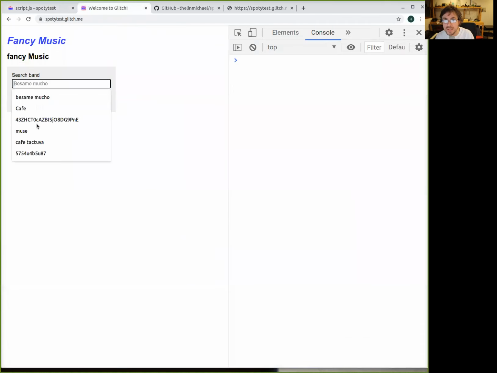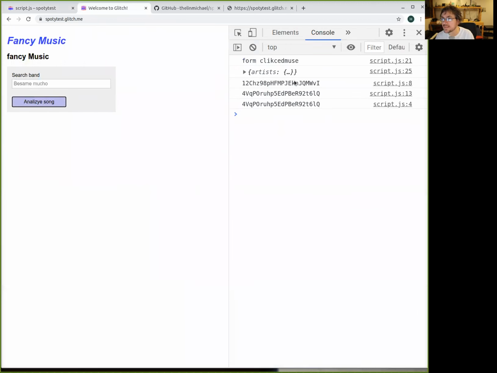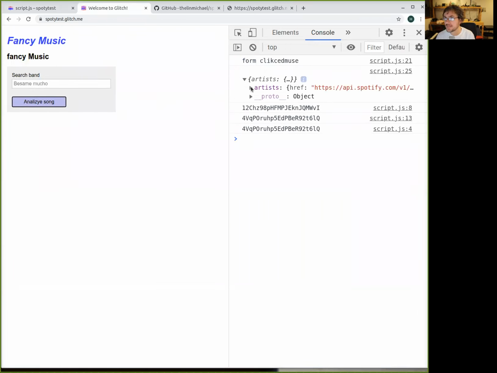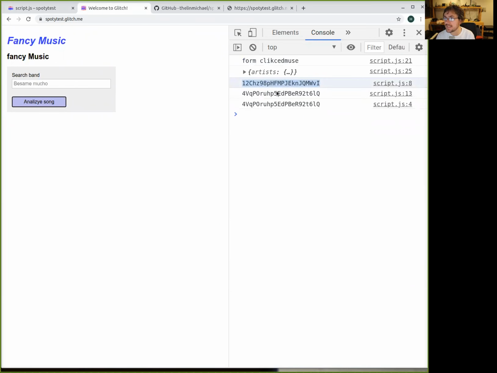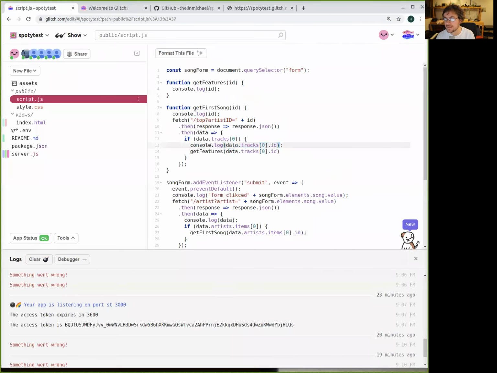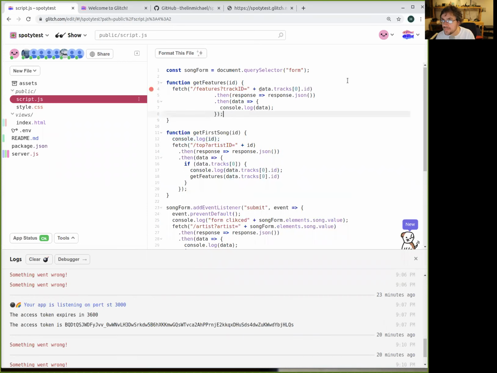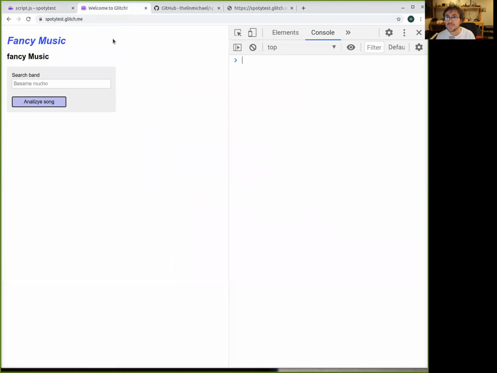Let's see one more time. We go here, Muse. Okay, that's it. Give me the artist. It's going to give me one. Give me the ID. Give me the track. Guys, the track is here, and then we are doing nothing with it. So once we have that, get features. Probably the best thing to do is just reply with this fetch about features. Give me the features of that particular ID. And then that's it. Let's see.